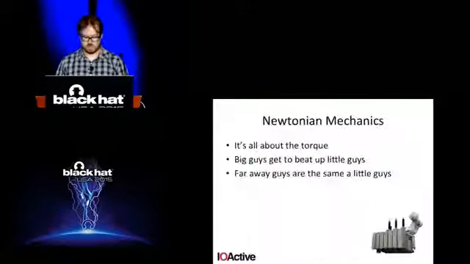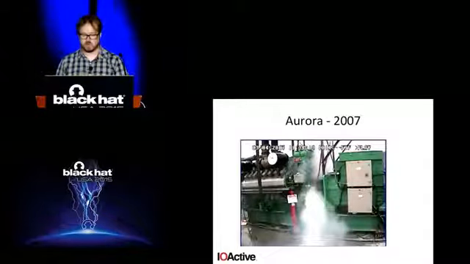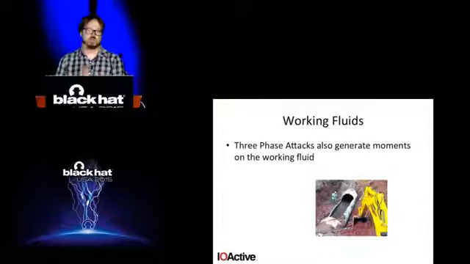And so the classic case, this is pure Newtonian mechanics. The classic case of this was the Aurora experiment done at the INL, where they bounced the generator up and down off the floor and it broke into little pieces. And electric power gets a lot of the three-phase attack love, but